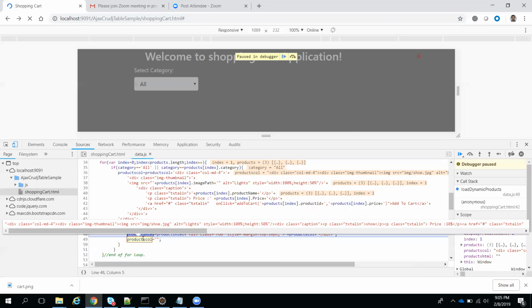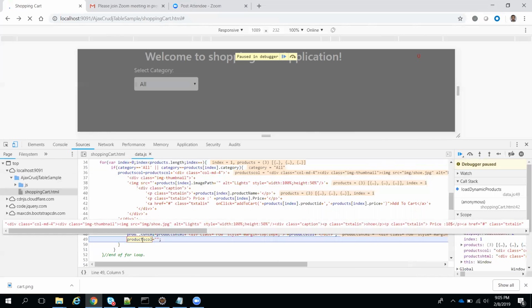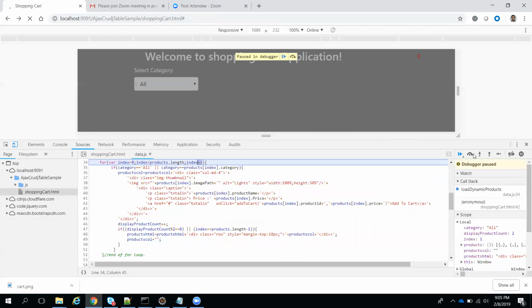This time I need to clear the products column, because whatever 2 columns I have, the data should be cleared, or else what will happen is that in the next loop also, these 2 products will be added inside the next row. That's why I want to clear the previous column data. So I'm clearing the previous columns data. Previous column data means I have 2 columns data here, stored in one variable to put in one row. Now I'm clearing because I have already added it to the main HTML. So that way it is coming here.